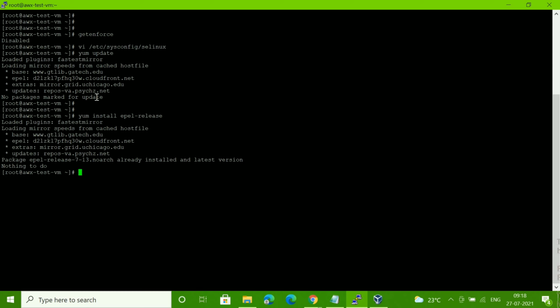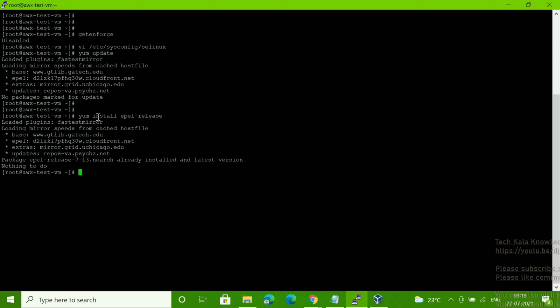So this package you have to install. In my case, you can see this package is already installed. If not in your case, then use the yum install epel-release command, hit enter and give Y, and it will be installed. Fine. Now we will move to the next. These two packages should be installed, otherwise it will create a problem.